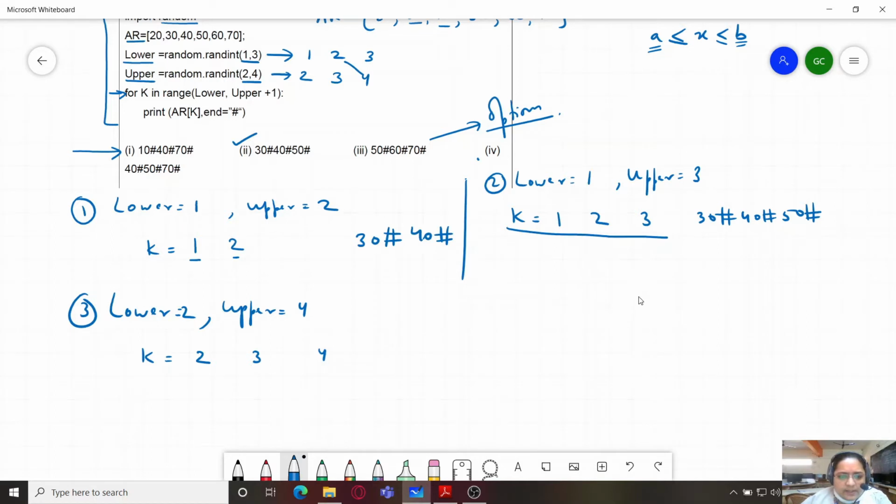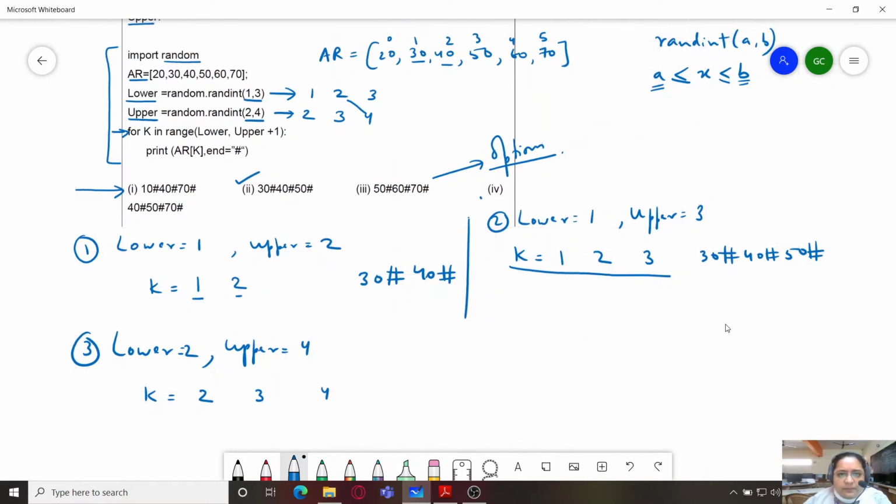And now considering 2, 3 and 4, so we have 40, 30 and 60. Can we see? No, we cannot see it over here. Now we'll be taking the next one, that is 3. 3 to 2, again we cannot do this, because 2 is less, so this loop will not work. 3 and 3, only one value. 3 and 4 will be 3 and 4, only two values. So we can see that there is only this option which is matching up any of these conditions.